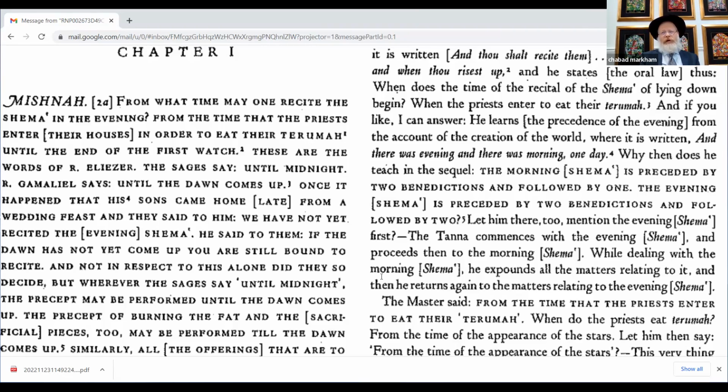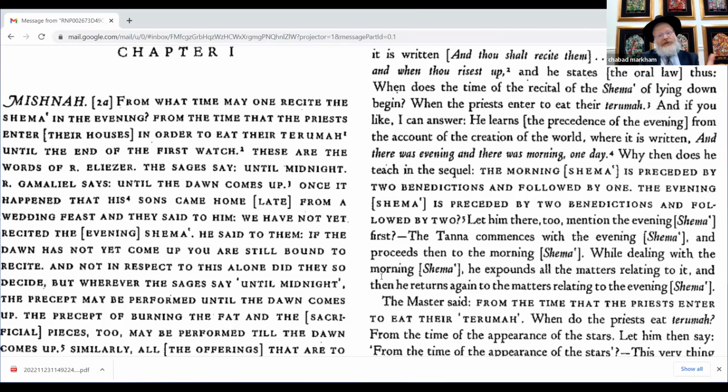But at the same time, we need to ask ourselves the question: are they arguing as to what the oral tradition was? Was there an oral tradition where the Torah says, "And you shall say it when you go to sleep," that said from 6 to 10, or until the morning, right? Or are they just trying to understand it themselves and they're coming up with the logic? The Gemara, the Mishnah doesn't get into that, but it could be one or the other. It could be one of them had a tradition in their family that went back all the way, right? And in their family, they always said Shema up until 10 o'clock.